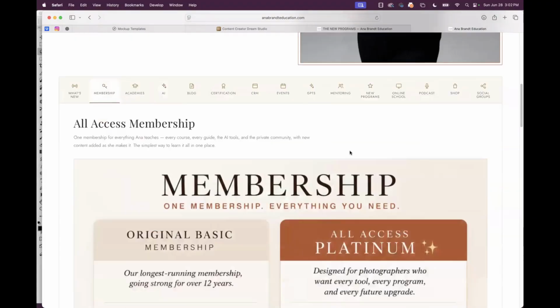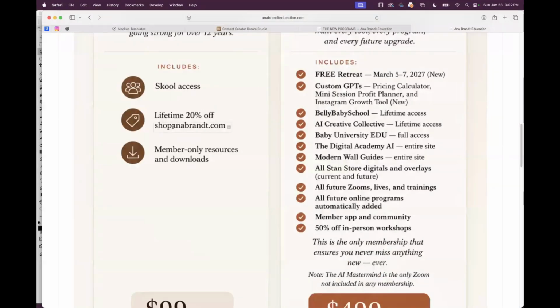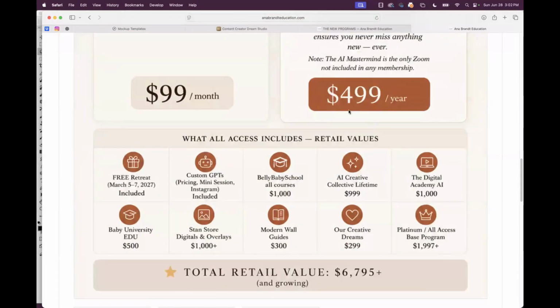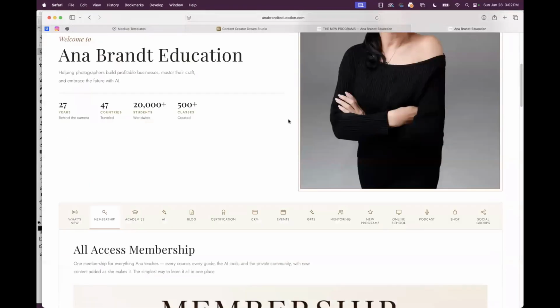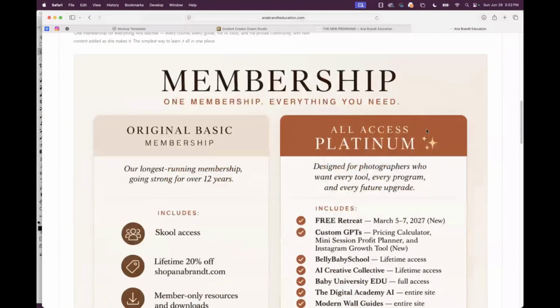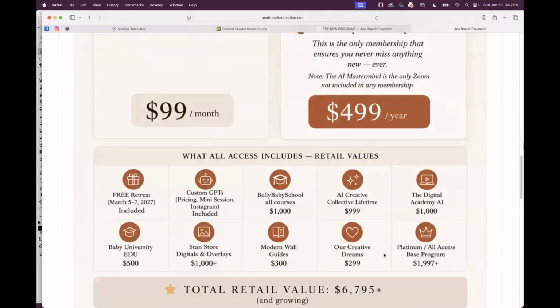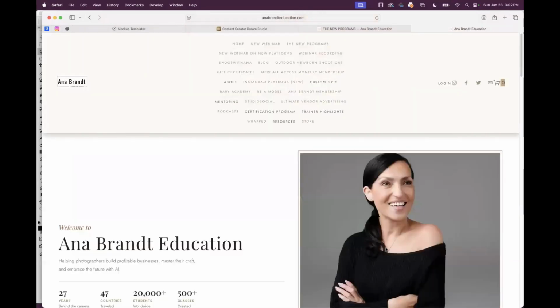So the membership that is here, that has the all access and whatever, we did go to a monthly and a yearly. The lifetime is gone. I don't even remember what the lifetime was when we did it. So this is the membership that I'm talking about. Let's not go backwards. We're not changing. It's right here. It's either 99 or 499 a year. It's right there. Keep in mind there is a 50% off on the site.